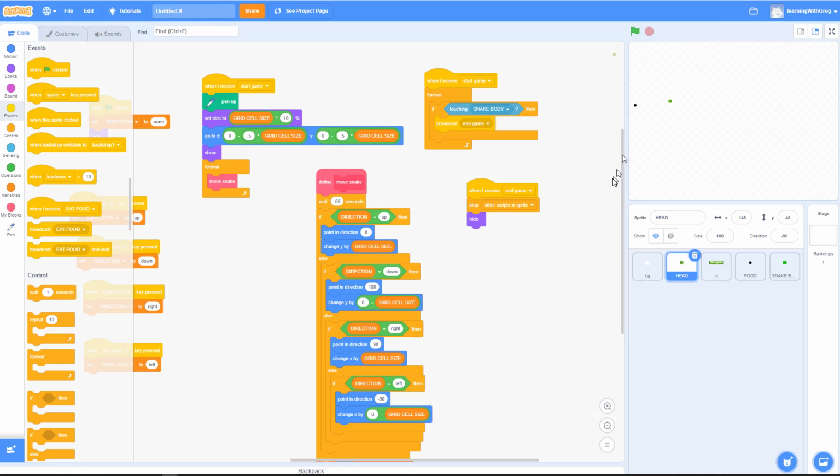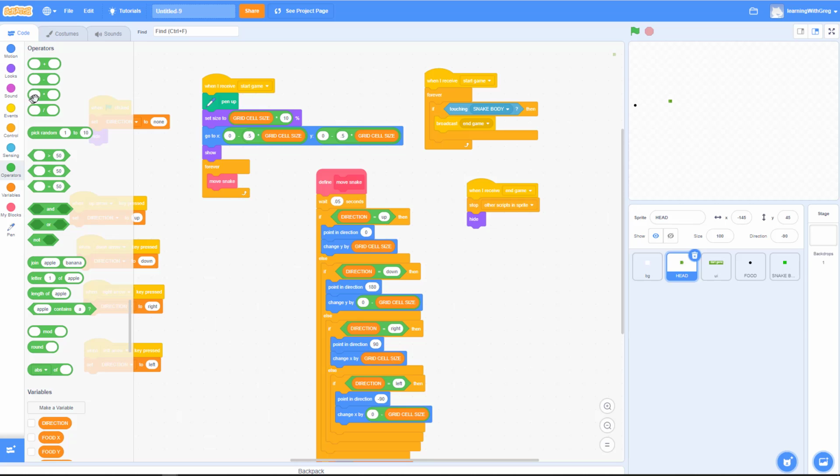So I'm just going to come back here, and we have it so if the snake body ever touches itself, so if the snake head ever tries to cross back and hits another body segment, it's going to die. But I actually want it to die also if it hits the edge of the stage. So what I'm going to do is come to the operators menu up here, and there should be an or under here. So I'm going to change this to if touching snake body, and then I'll just bring this